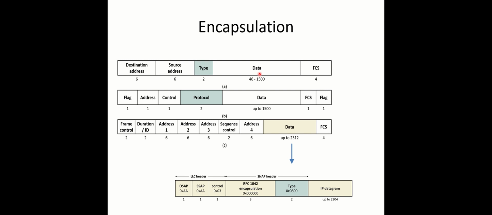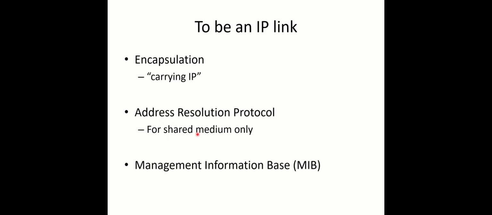Of course, Ethernet can carry other types of payload than IP, so the type field can have other values as well. For instance, if it is 0806, the payload is from the Address Resolution Protocol, which is related to this thing, address resolution protocol.